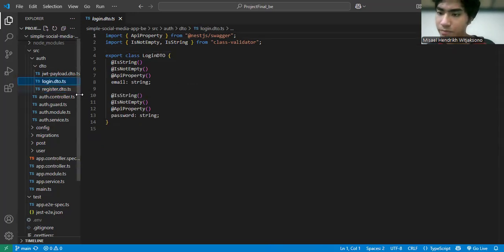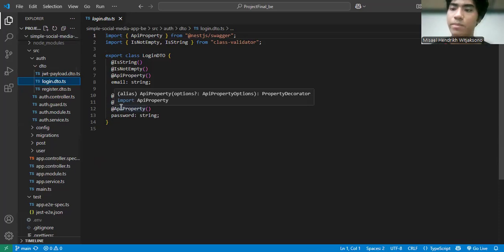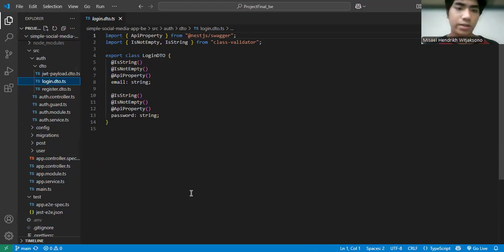Next is validation. It checks if the email and username are unique. If either already exists, it returns a conflict error. And next is the response. On successful registration, it returns a 201 status with a success message like user successfully registered. If there's an error, it responds with a 400 or 409 error message.